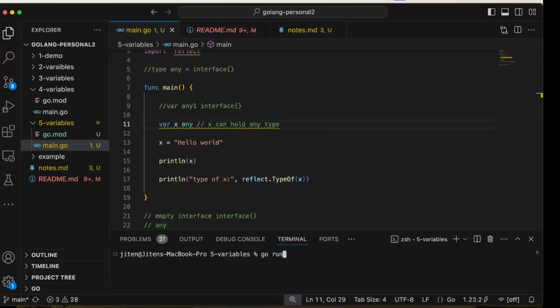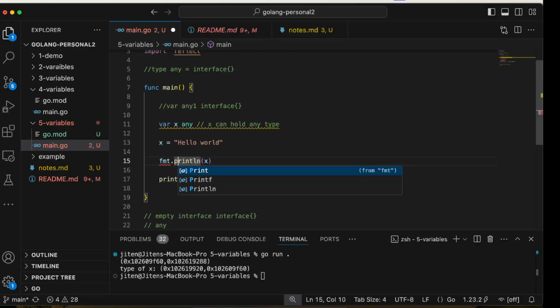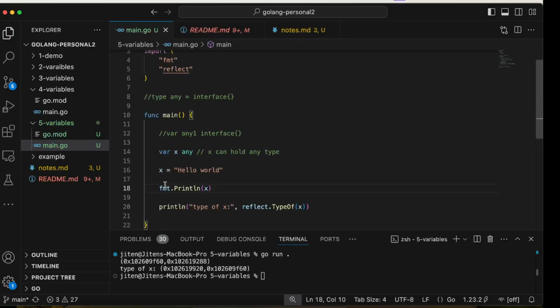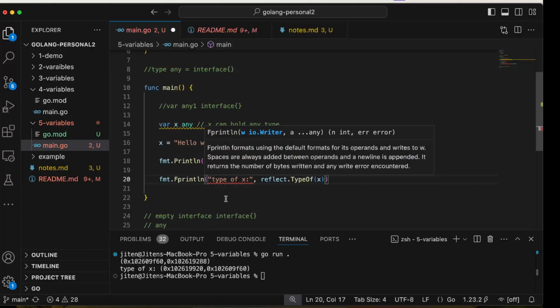Okay, go run. Unfortunately, print line is not a friendly print line. It can store the values, but wherever it could see some kind of a reference, fmt dot. I'll tell you why it is print line and fmt dot print line wherever